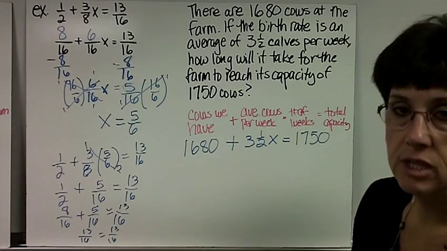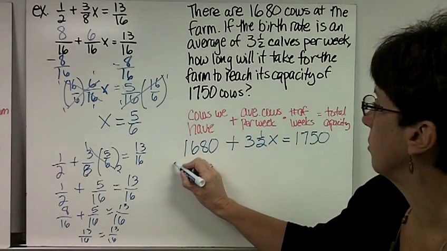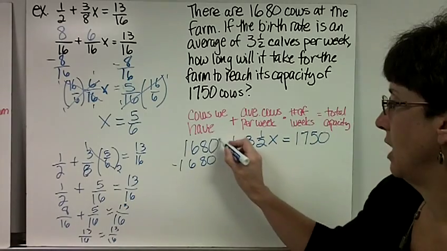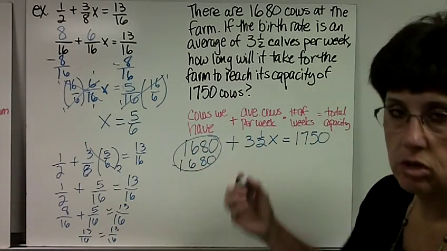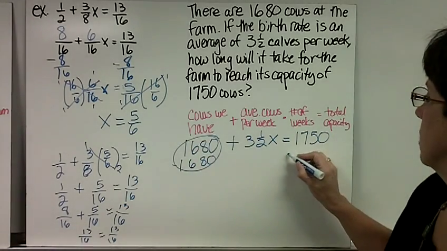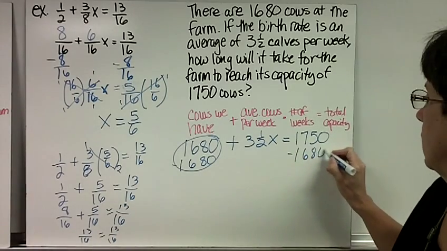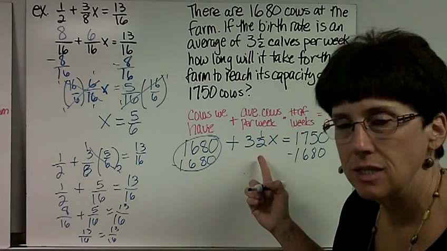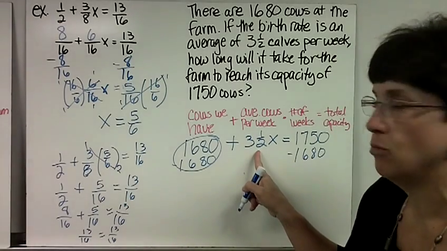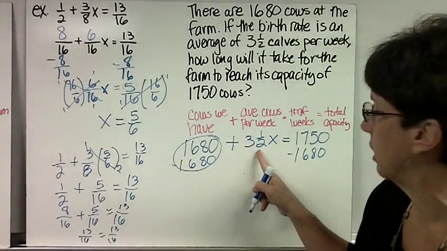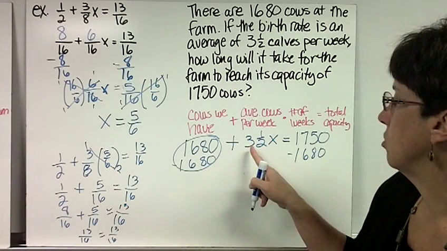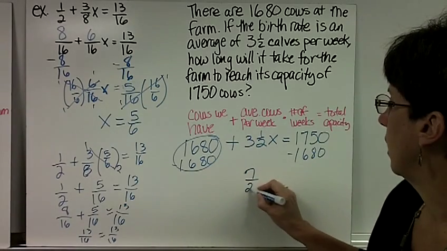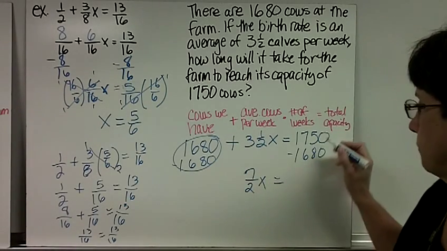So let's just start solving our problem. Do the inverse operation, subtract 1,680, that makes 0. I'm going to just circle it sometimes to show you it makes 0. Subtract 1,680. I get 3.5. Now I'm going to change this since I know that I'm going to have to use improper fractions. I'm just going to change it now when I write it down. So 3 times 2, 2 times 3 is 6 plus 1 is 7. So that's 7 halves x equals